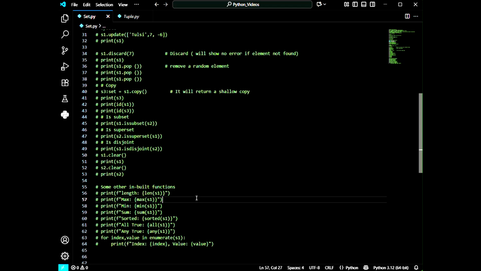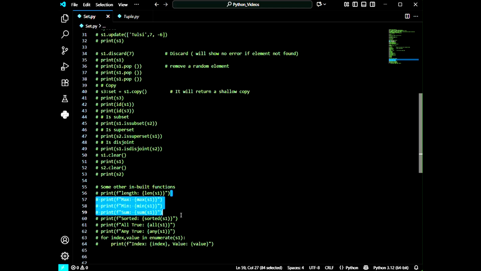That's why I'm again discussing the same inbuilt functions. So I hope when I explained these functions for list and tuple, it cleared your concept. So now I am going to just simply explain in brief.